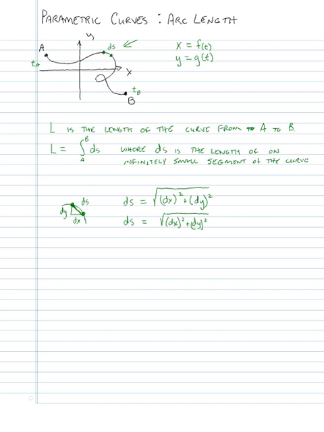I'm going to multiply this square root by dt over dt. So I haven't changed it. But the next thing I'm going to do is take that dt that is in the denominator